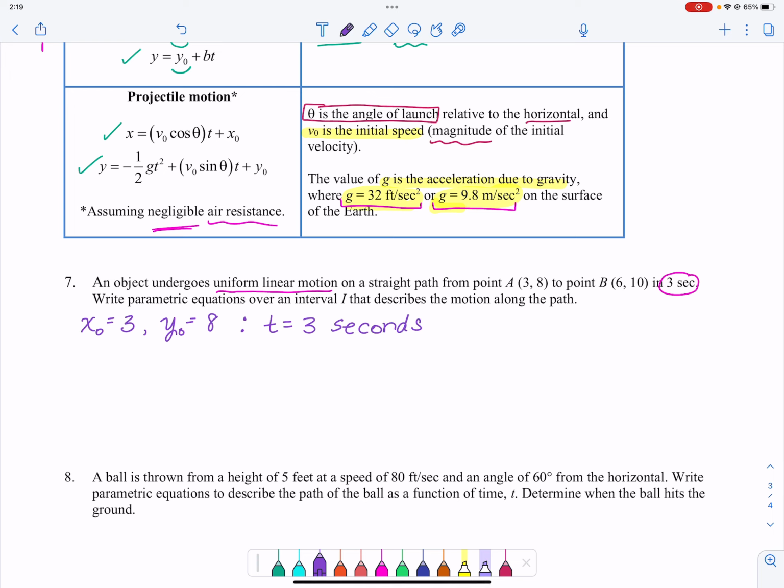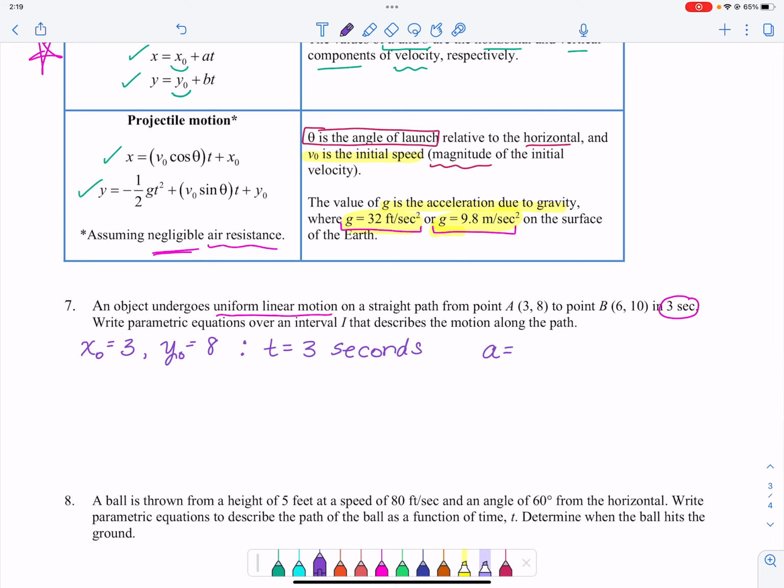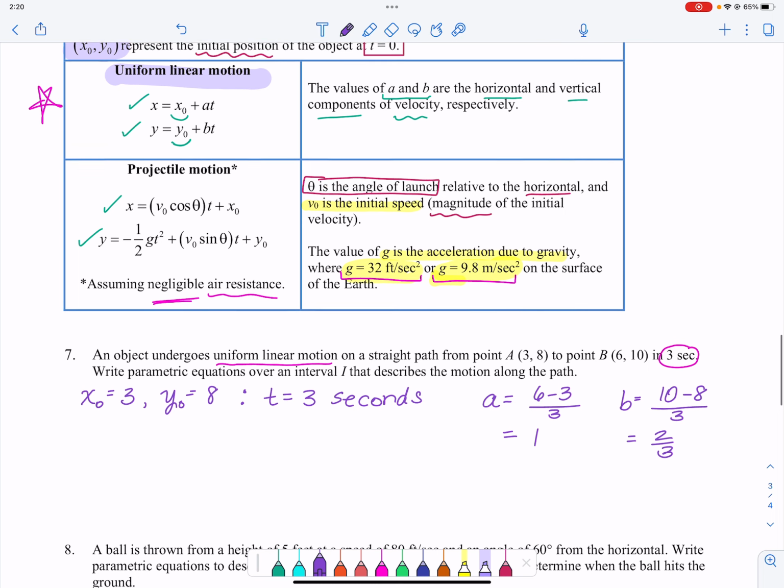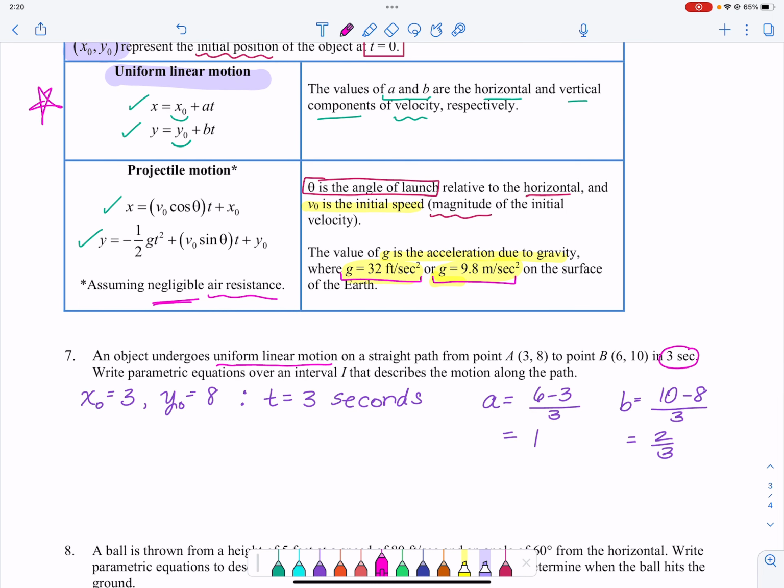Okay, so now let's go ahead and find out what A is. A is equal to 6 minus 3 all over 3, and that's equal to 1. And B is equal to 10 minus 8 all over 3, which is equal to 2/3. Where would we get that? If you can see right here,